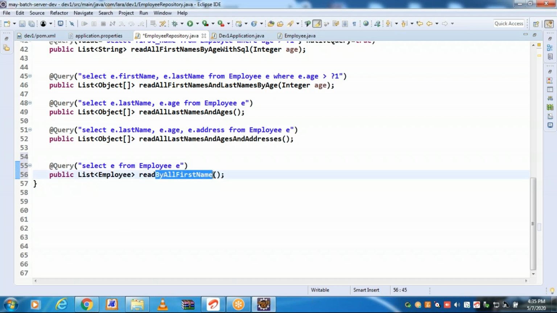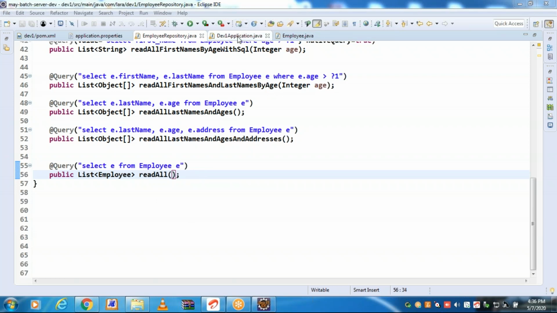Something like a read all, no where condition. What we are doing: for every record, an employee object. Totally 3 records are there, 3 employee objects. Entity object.